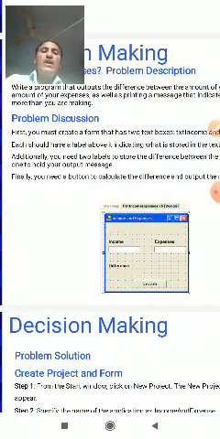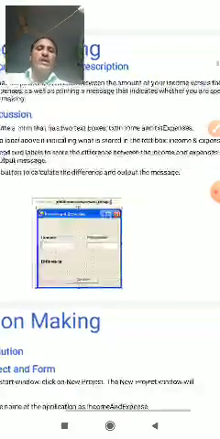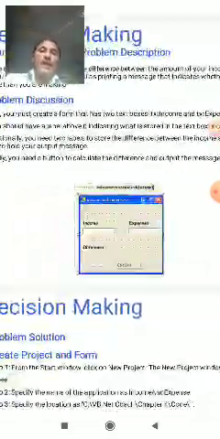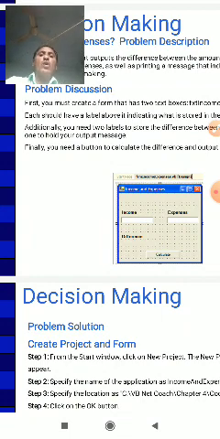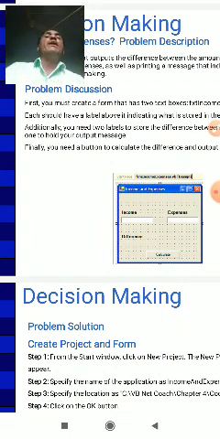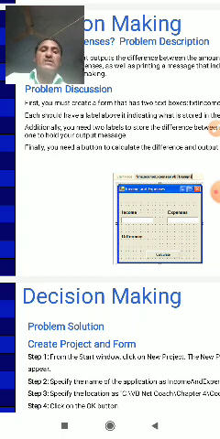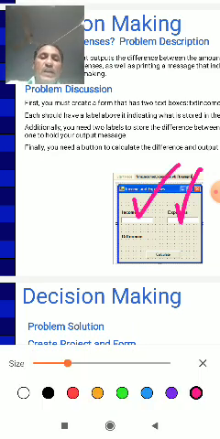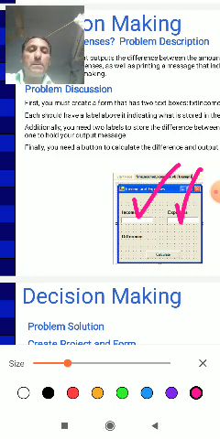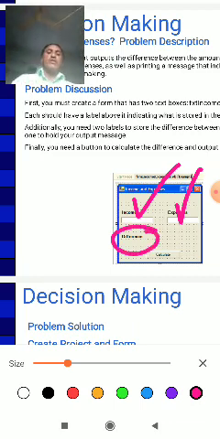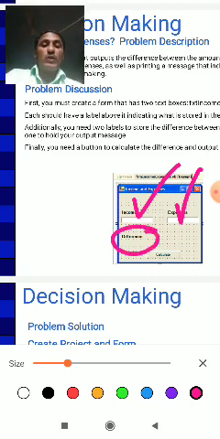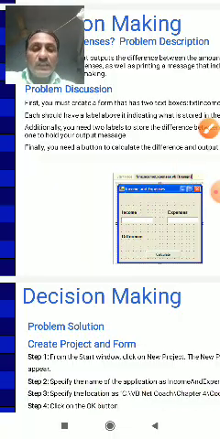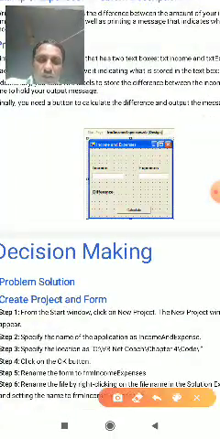Additionally, you need a label to store the difference between the income and expenses, and one to hold your output message. We also take a button; when we click this button, the result is given in this particular box.